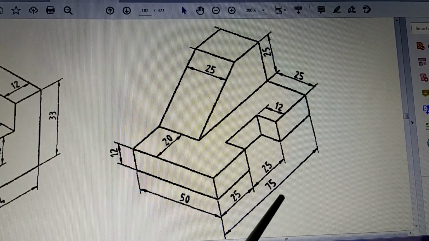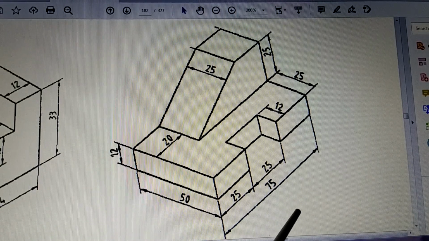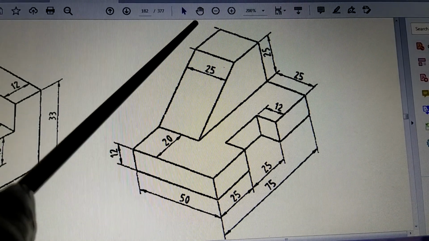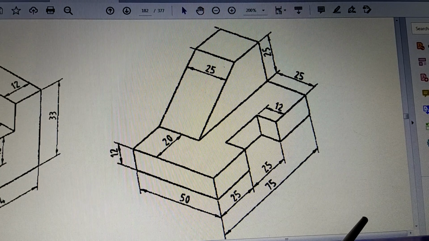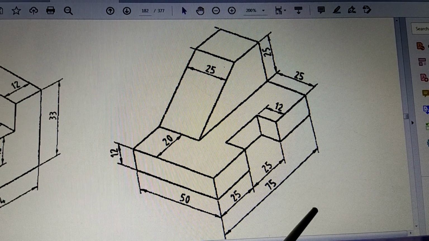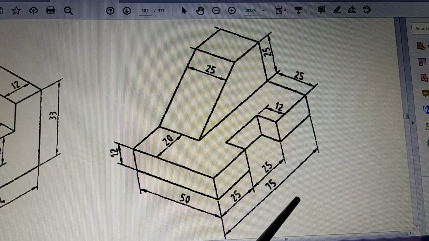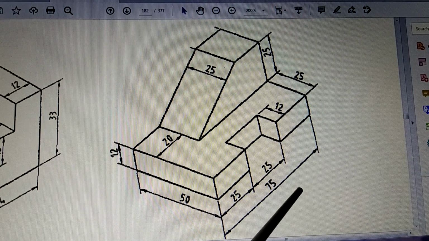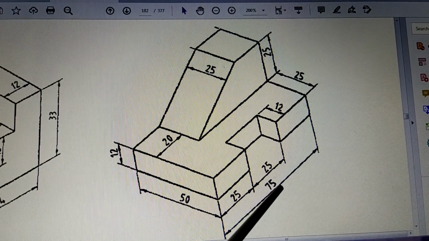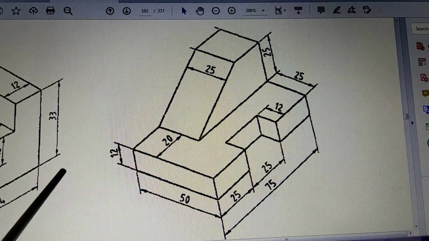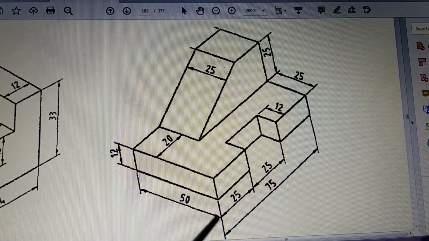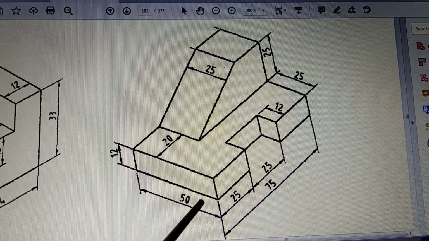So that has completed the front view from here, top view from here, and then the right hand side view from this direction. So these are the two problems you have to draw for this particular exercise. So on a drawing sheet, maybe on one side of the drawing sheet you can draw one problem, this problem, and on the back side you can draw the other problem. So these are the two problem exercises for this practice sheet.